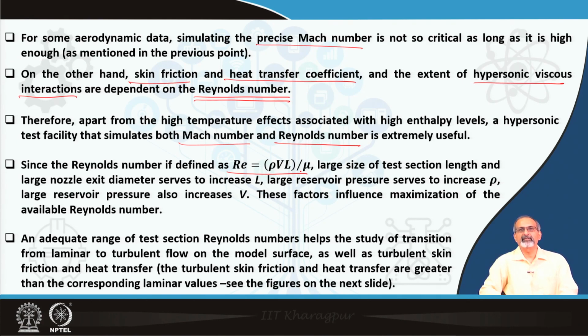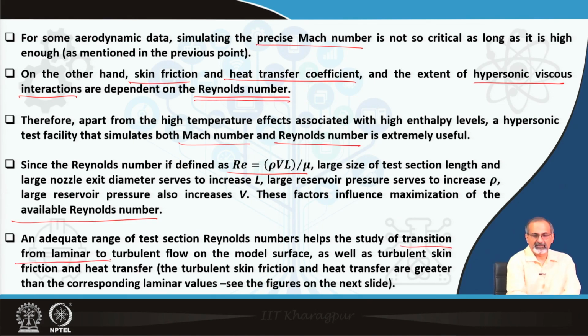Therefore, these factors, if we are able to increase as far as possible based on the cost constraints, would influence maximization of the available Reynolds number. However, increasing all these beyond a certain limit can be prohibitively costly, not only in terms of building and installation, but also running the tunnel will consume a huge amount of power, and therefore, scaling has to be very carefully done. An adequate range of test section Reynolds numbers helps the study of